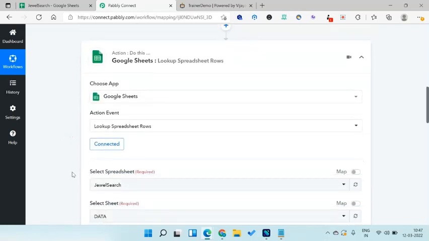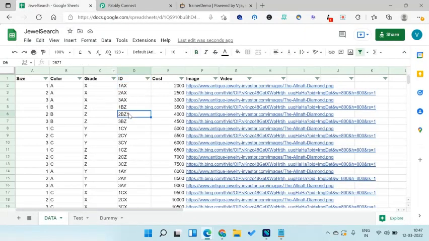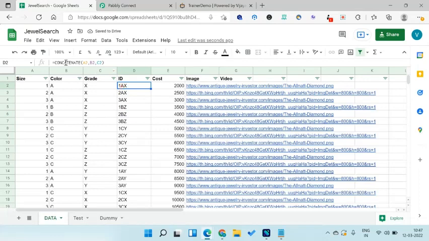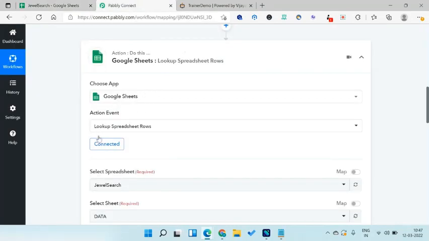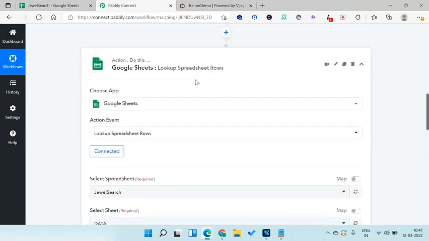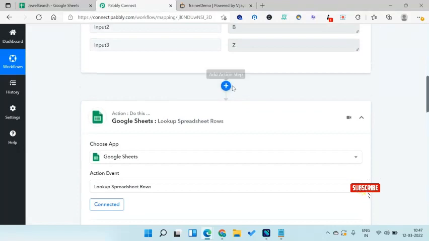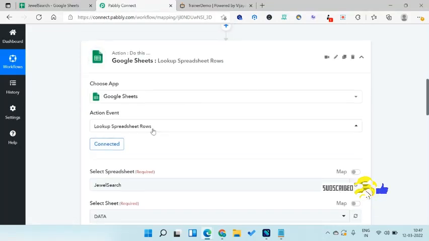For this, what I did is I created one more column, concatenating the first three columns just like this, using concatenation, like A to B to C. So here I'm getting the combination of these values, and then once I receive the webhook data from here, I'm going to append that in